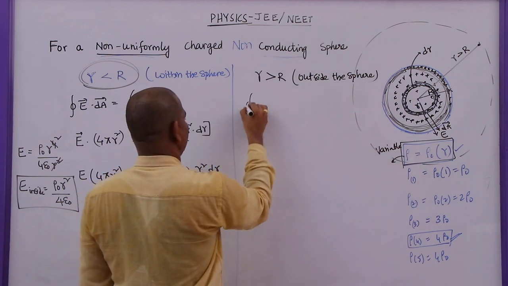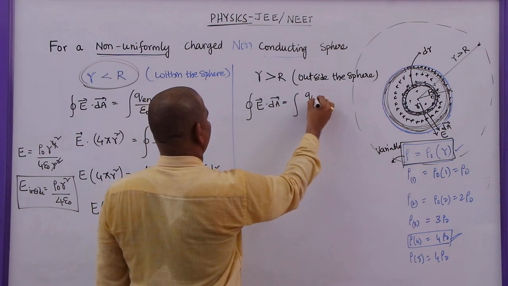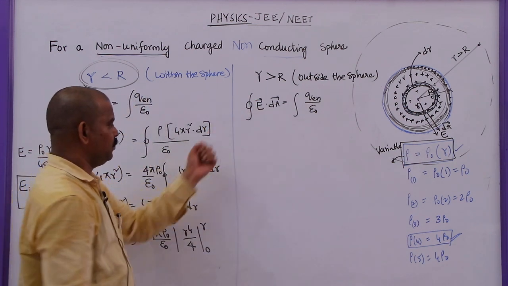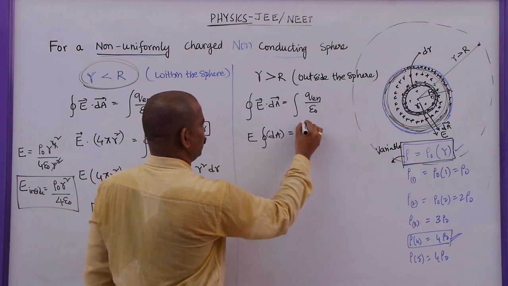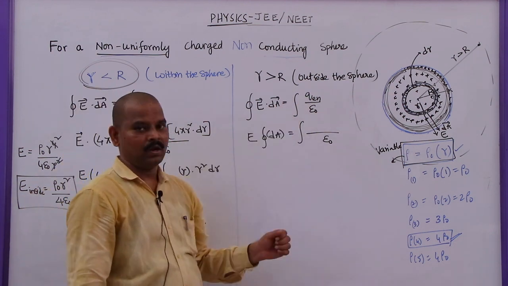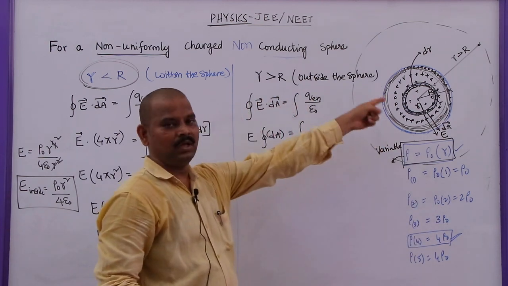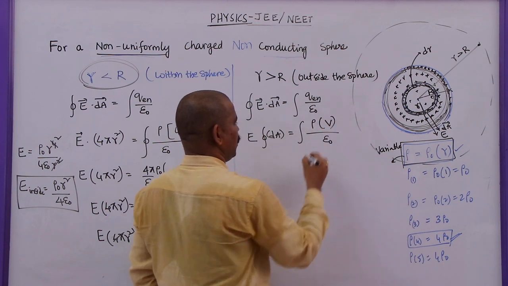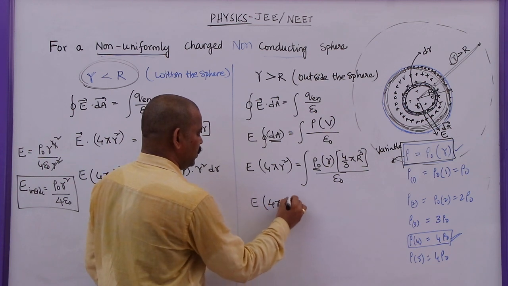So the same expression here: integral E bar dot dA bar is equal to the enclosed charge divided by epsilon naught. E is a constant, bring it outside. This will become integral dA, which is equal to, the denominator is epsilon naught. What is the numerator? What is the charge enclosed by this sphere? Which is nothing but the total charge within this sphere, given by rho into the total volume of the sphere. E into 4 pi r square.